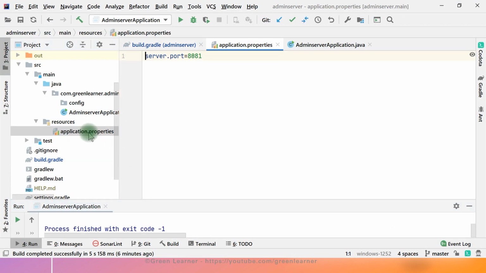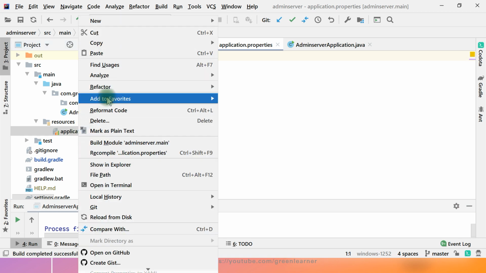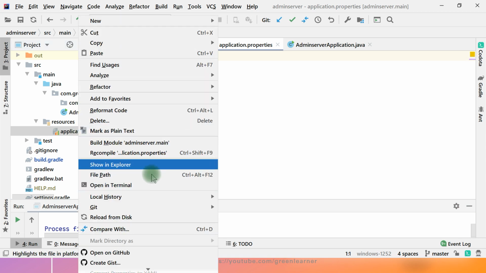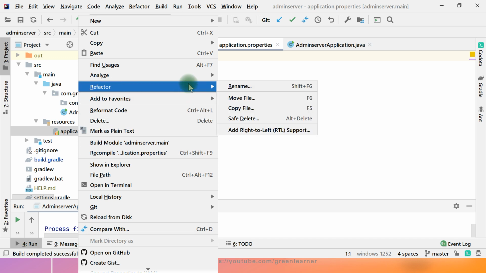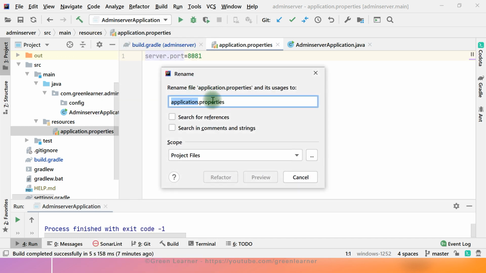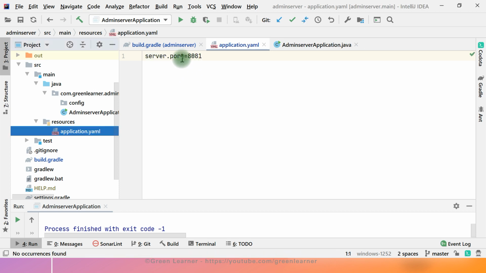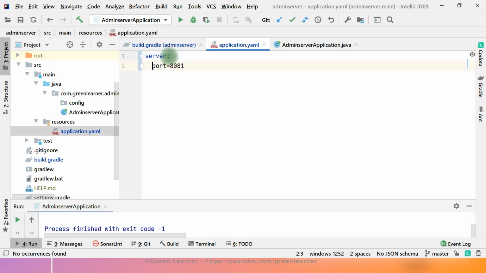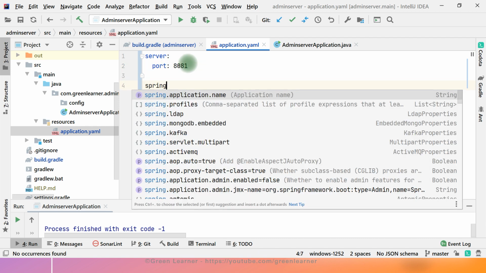Now, the application.properties we have mentioned here, let's convert it to YAML, because I have to add a couple of things here, and YAML is a better way than properties. And change this here, 8081. And the next thing I have to configure is mail.